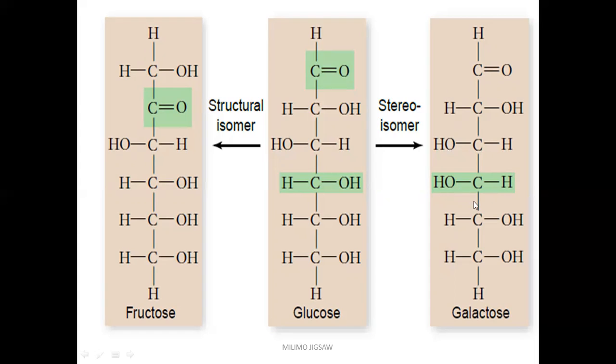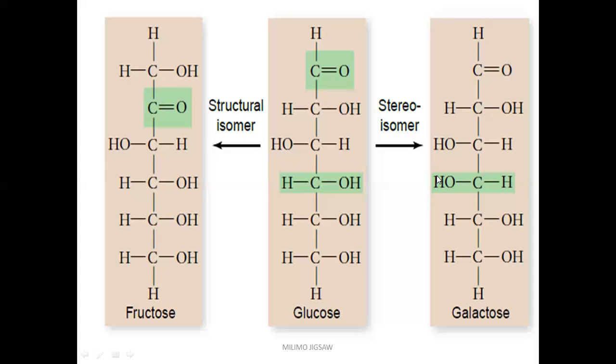So when you look at the structure of galactose, remember carbon 1 is just the same. Carbon 2, because they are all aldoses, they all contain the aldehyde functional group. Carbon 2, yes, same. Carbon 3, same. Carbon 5, same. Carbon 6, the same. However, they are going to differ on carbon 4. So when you look at that structure, we find that galactose becomes a stereoisomer of glucose because